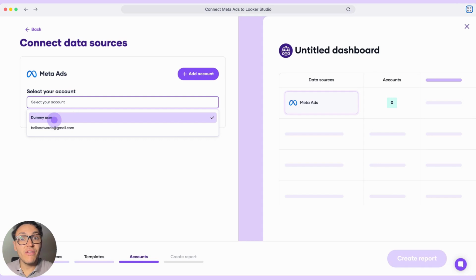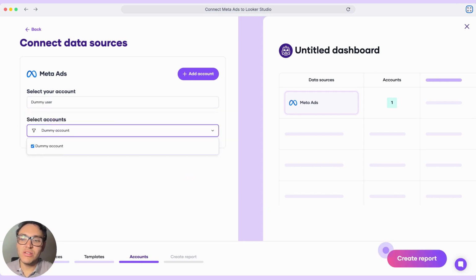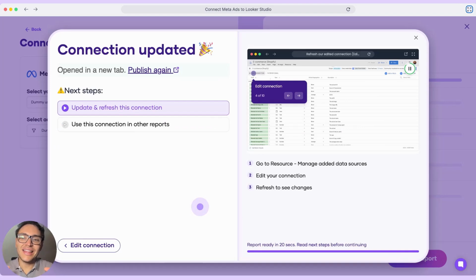Now I will display the Facebook profiles I have connected already in the past. I will select this one and I will select this ad account. You can actually connect multiple ad accounts in the same connection if you are monitoring multiple ad accounts like brands and clients. Here I will go to create report, and this means that we have already created our connection and